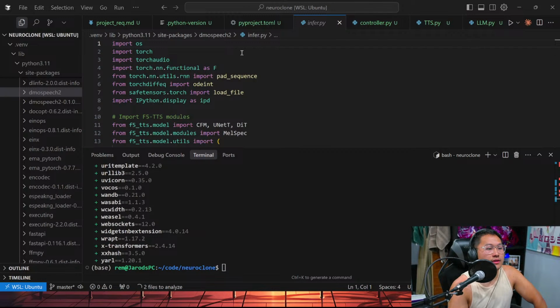And then DMO inference. Oh, nice, we can just make a class. This is actually fairly easy to make. Cool. Okay, so we'll change this to DMO Speech 2 for all of these, so that it can find it.